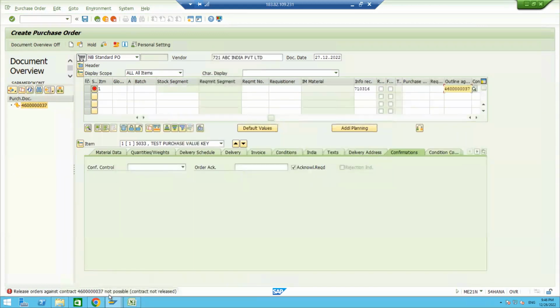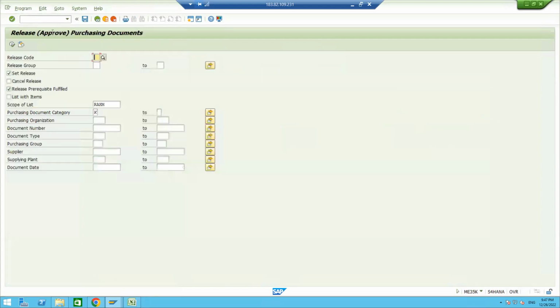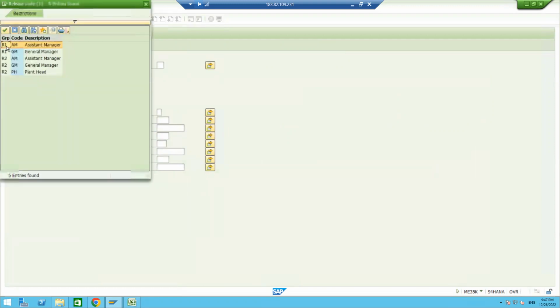Okay, release strategy is there against your contract. See, the contract is not released. Someone has applied the release strategy, so we have to release this first. So how to release? Slash n ME35K. Go to ME35K, and the document number you have to apply here, and we have to see what release code is there. Okay, so R1 in the release group,